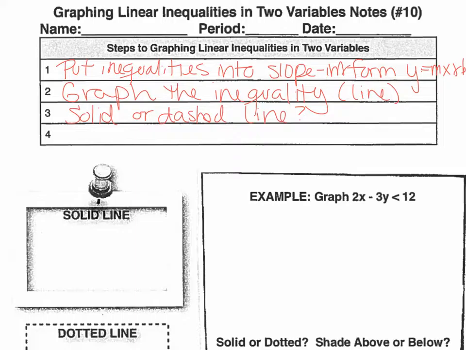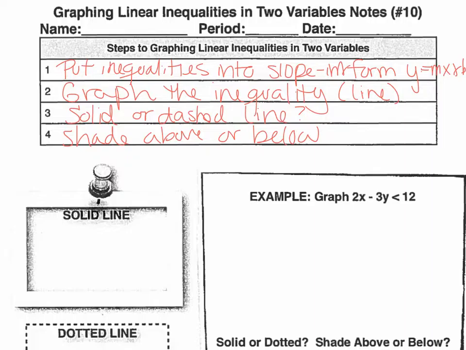Which brings us to our last step. So we've put our inequality in slope-intercept form, we've graphed that line, we've decided if it's solid or a dashed line, and so lastly we need to decide whether to shade above or below that line. Okay, so those are our 4 steps that we need to use to graph an inequality,